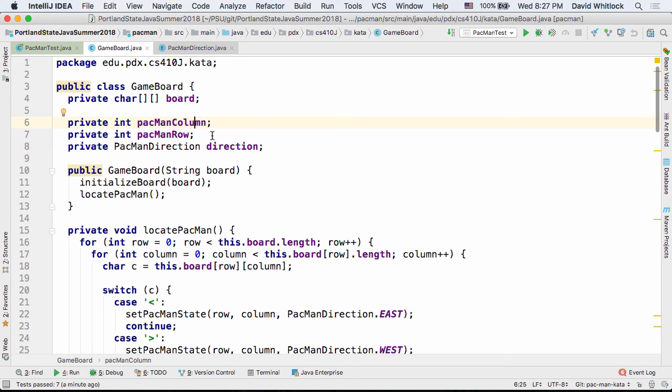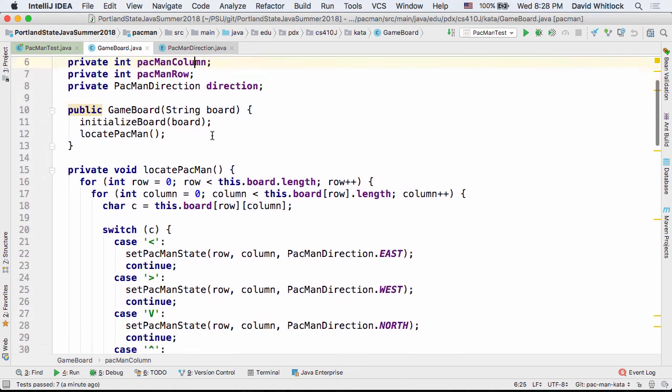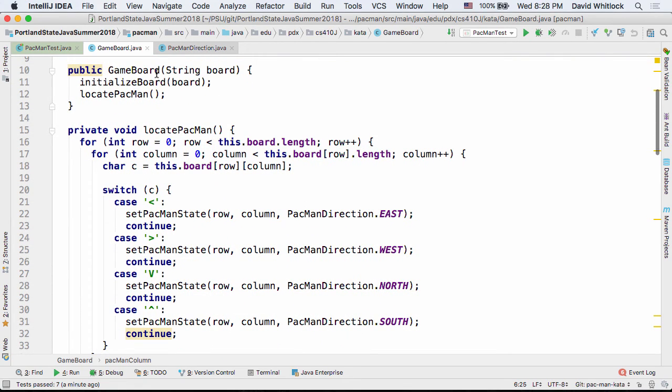I think that makes sense. I might get there. I don't know if I'm right there right now because I only need one of those Pac-Man objects, so I don't know if it really needs its own class or not. But the board knows where Pac-Man is, so it knows the column and the row, and also which direction Pac-Man is facing. And then when I create a game board, I initialize the board by